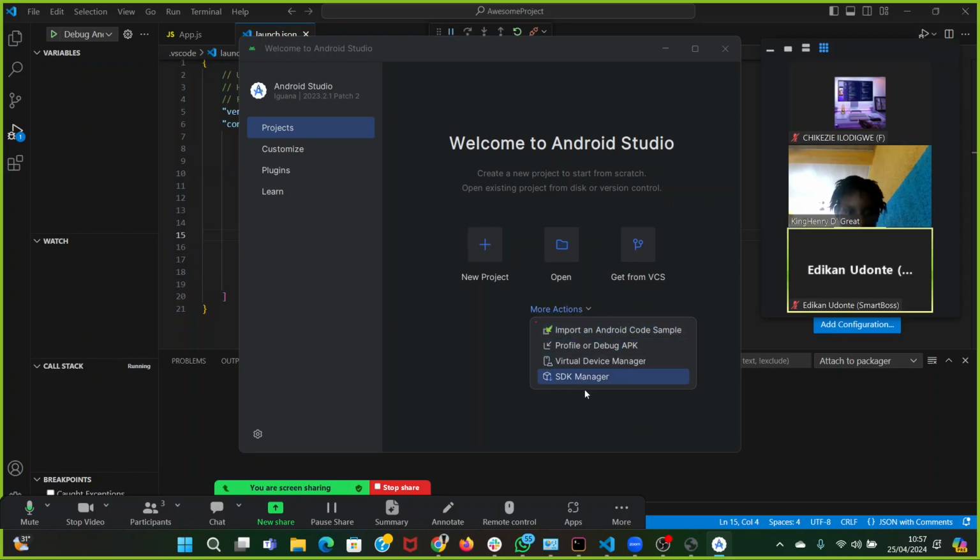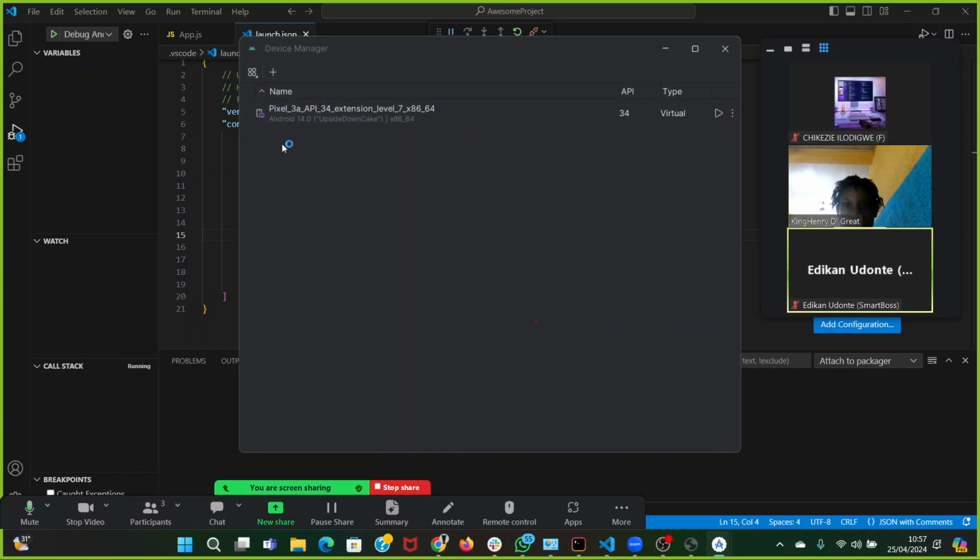If you click on More Actions, Virtual Device Manager, you'll be able to select the device we want to update. If we click on this plus here, I think we'll be able